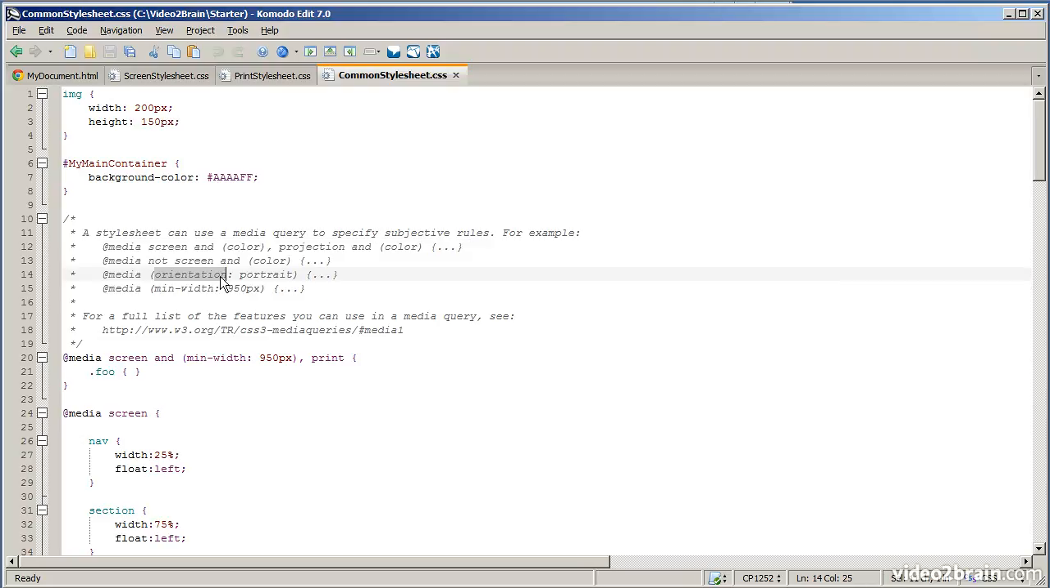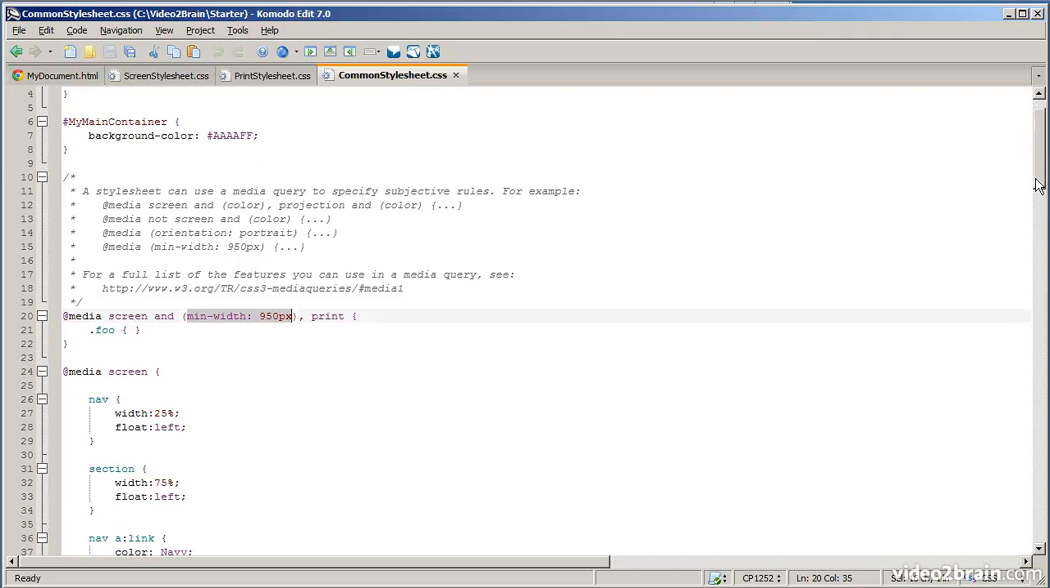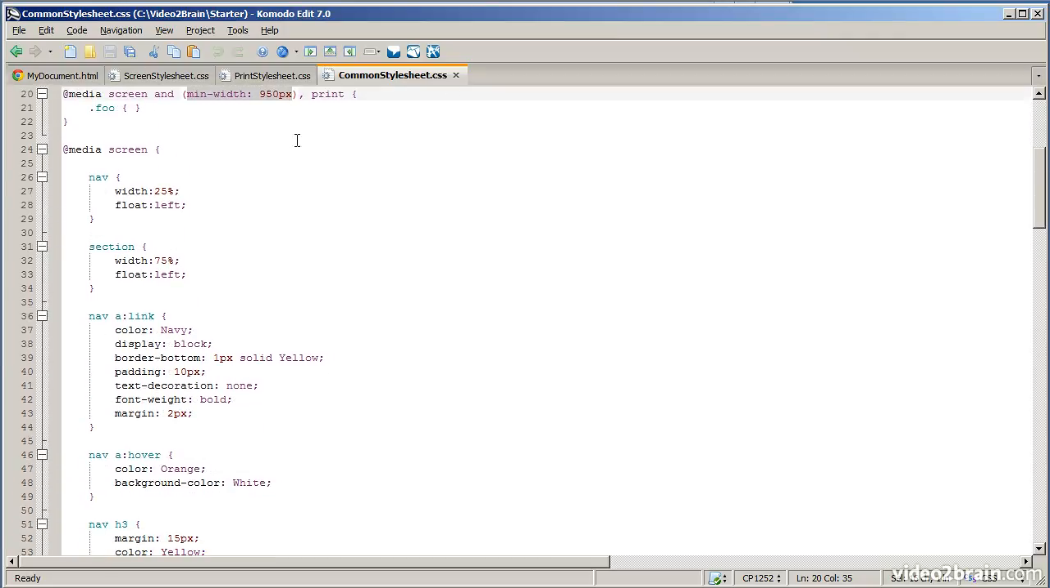The orientation, for example, whether it's portrait or landscape. If you want a full list of rules, then this is the website to go to. It describes all the possibilities for this kind of syntax here. Now, if I go down a little bit further, I've got another rule here that says if we're projecting on